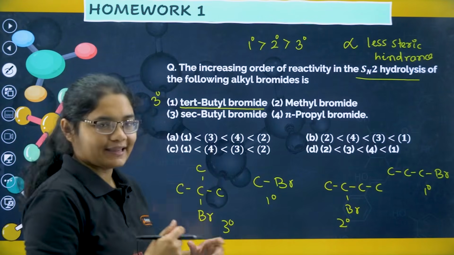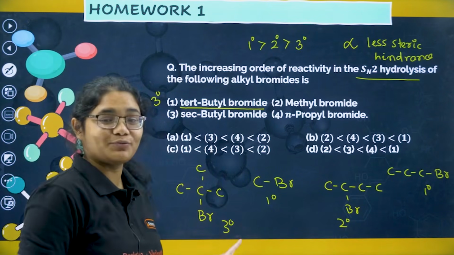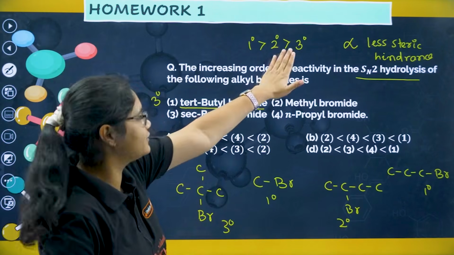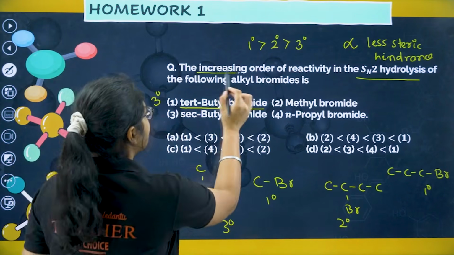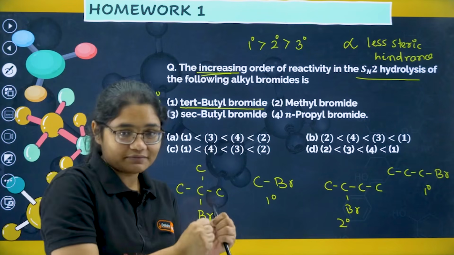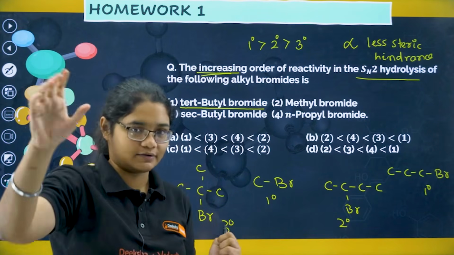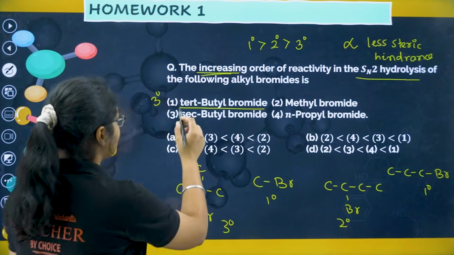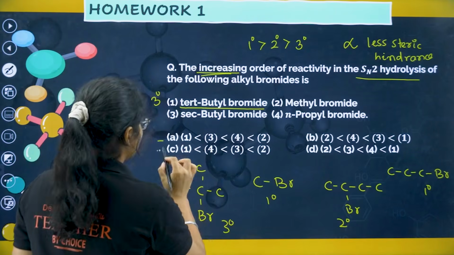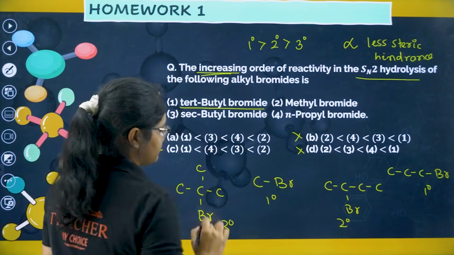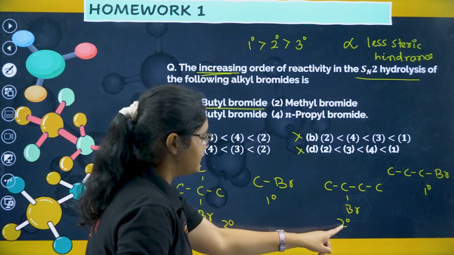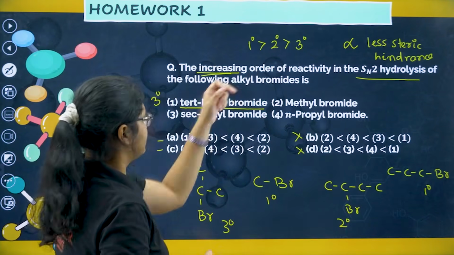By order, I can definitely find that the tertiary one will be the least reactive according to this order, right? You have to find the increasing order, meaning the lowest one will come first, then the highest one. So this one should be lowest, so I have these 2 options, and I can eliminate these 2 options. After tertiary I should have secondary, according to the order, 3 degree, 2 degree.